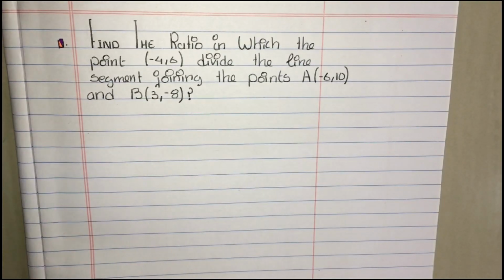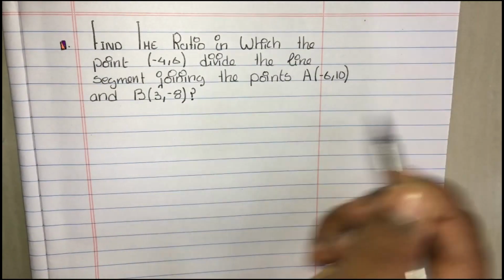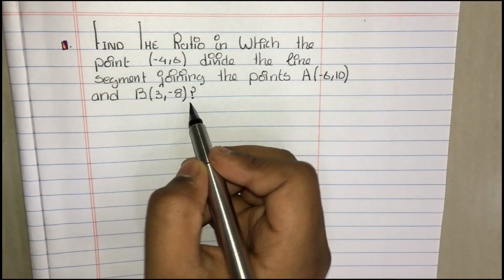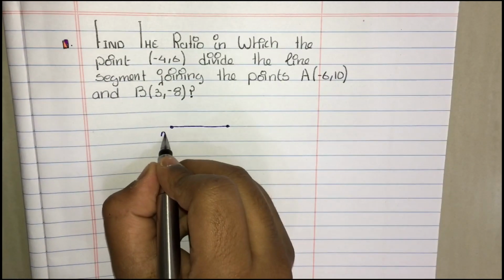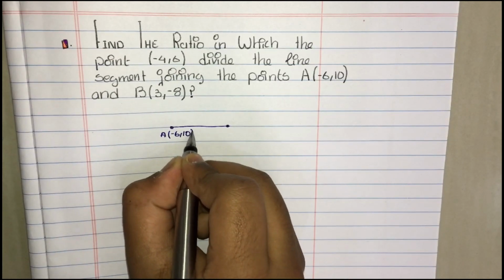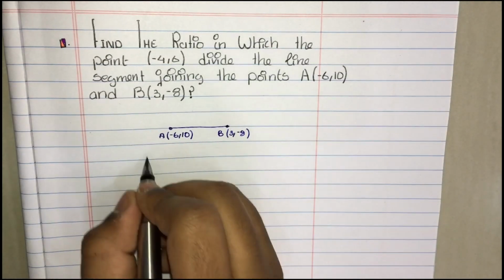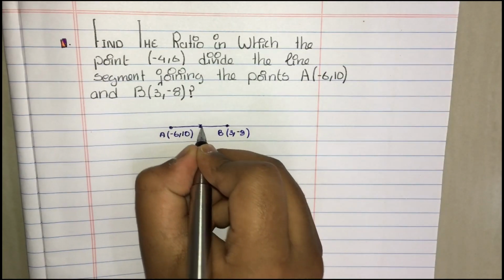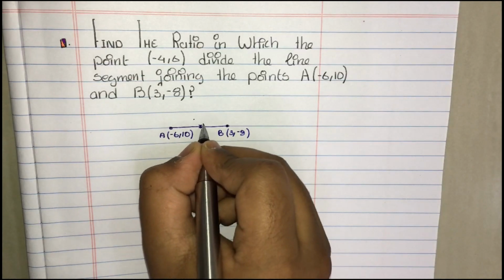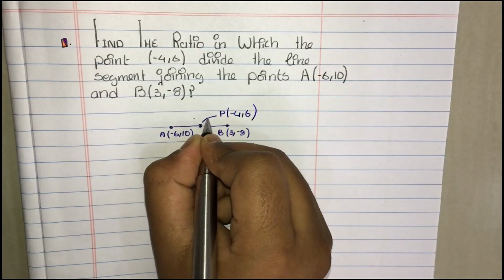Now find the ratio in which the point (-4, 6) divides the line segment joining the points A(-6, 10) and B(3, -8). So let's draw the line segment A(-6, 10) and B(3, -8). We should find the ratio, and the point is already given. This is the point P(-4, 6), and the ratio is